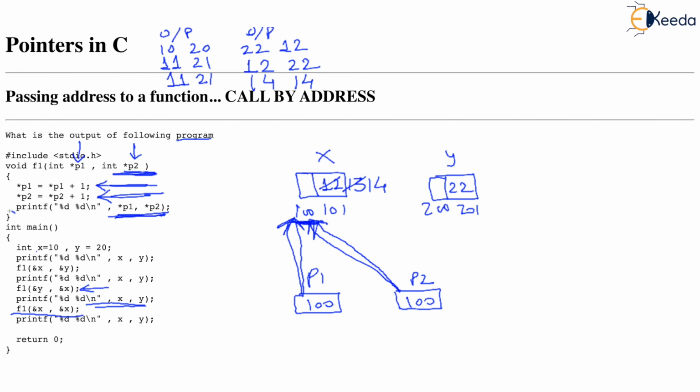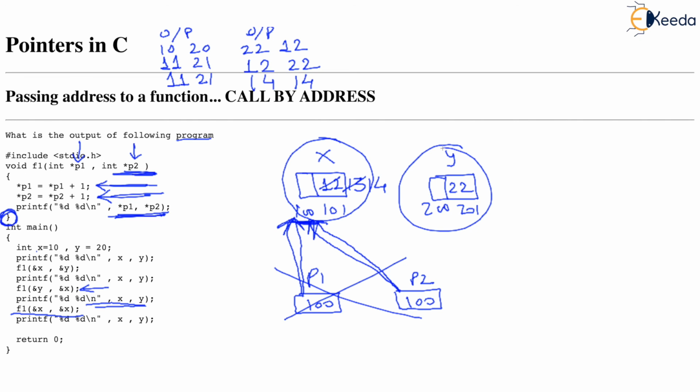And now the function comes to an end due to this close brace. But when the function comes to an end, this p1 and p2 are deleted and we are only left with x and y in the memory. But listen, x is now 14 and y is 22. So when we come back in main, we are obviously back over here at this printf because this call is now finished. So we are printing x and y and the last output will be 14, 22. So these are all the outputs due to this code.